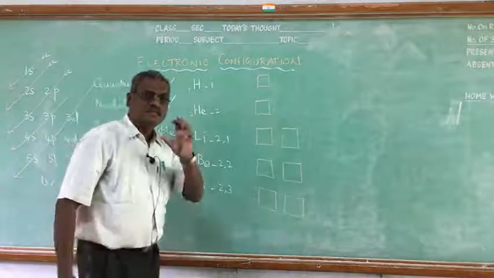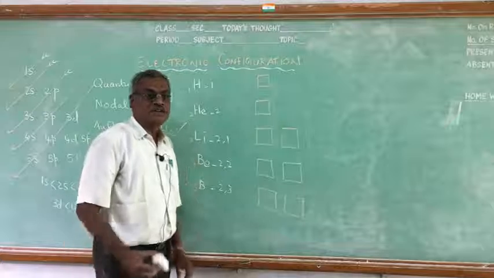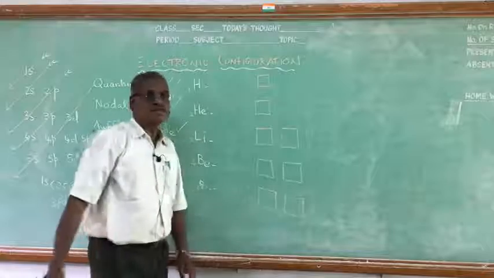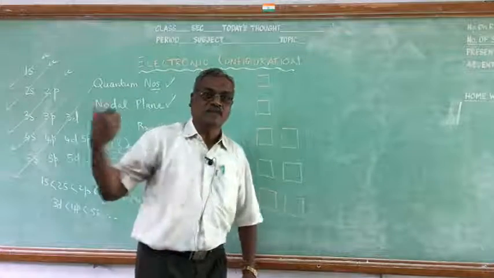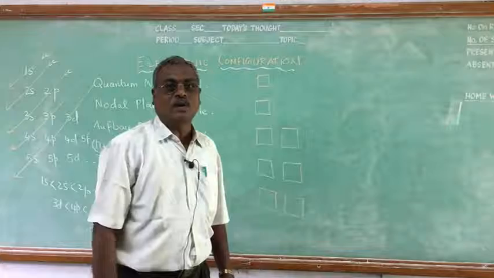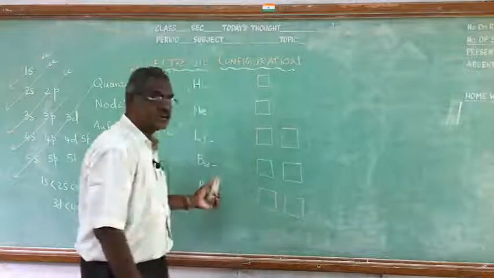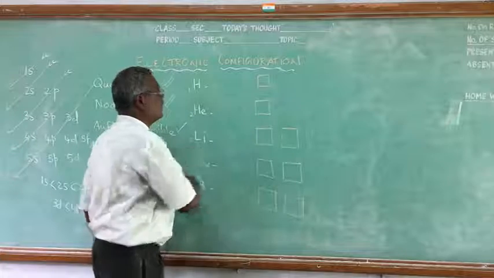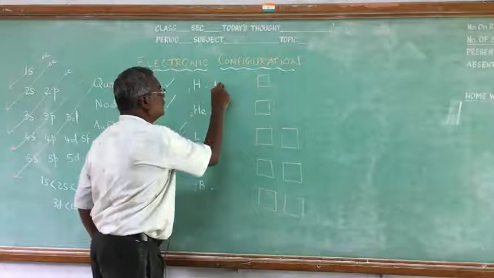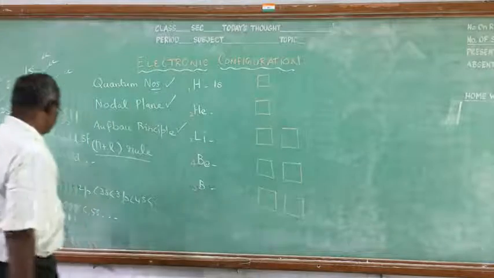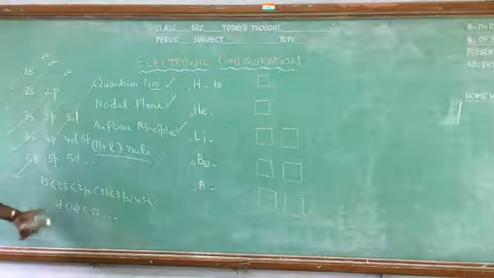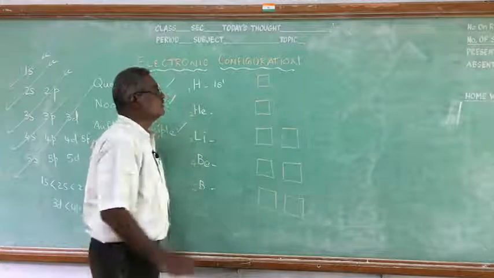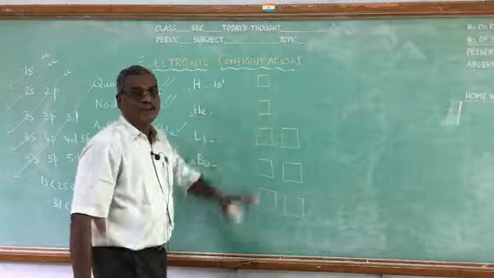This is the simplest way of writing electronic configuration, but now we have to write a little bit advanced, because in 11th class we have studied all the principles where that one electron will be there. So that is also electronic configuration. We will be telling only the electron present in the shell. So now one electron is present in the s subshell. First it will go to the s subshell. So we have to put 1s1 like this.